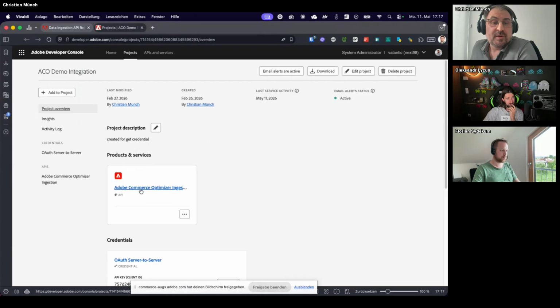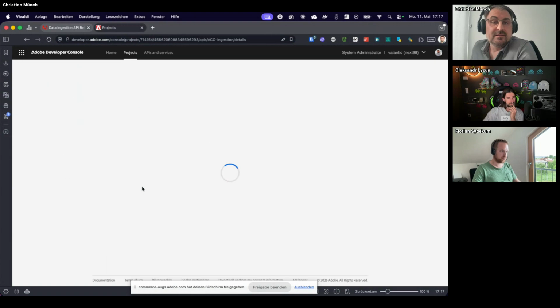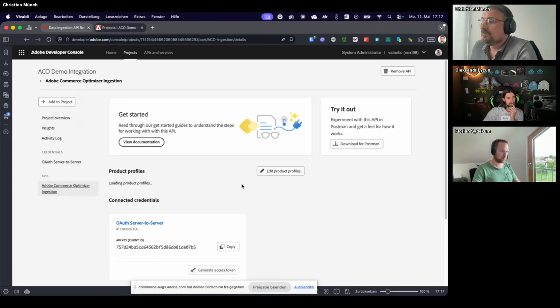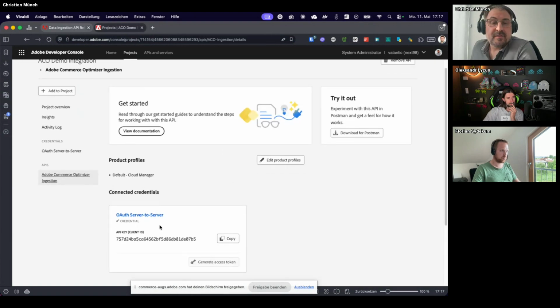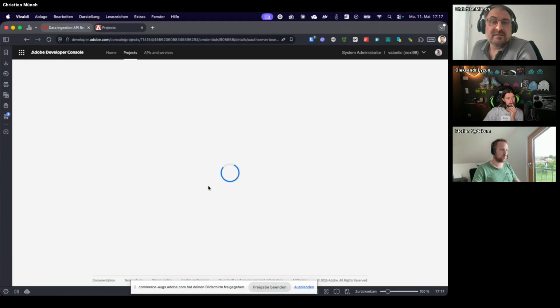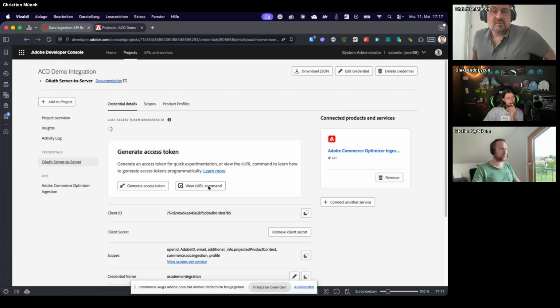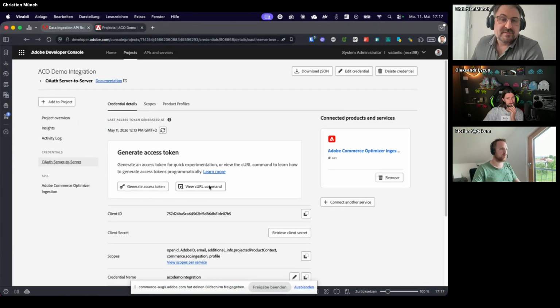In this case, it's the Adobe Commerce Optimizer Ingestion API. And if I click on the API, I see that there's an OAuth server-to-server credential created. And this credential here contains all the information we need to start the ingestion process.